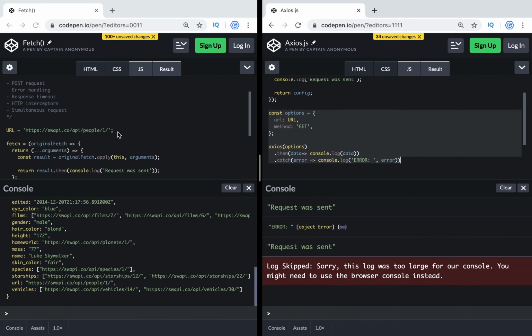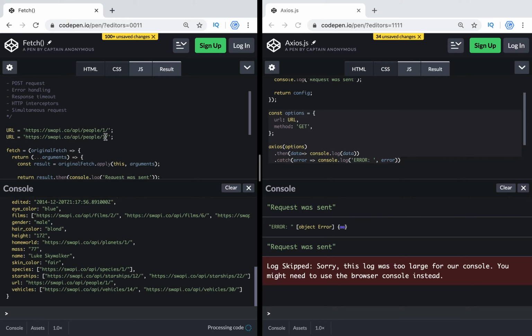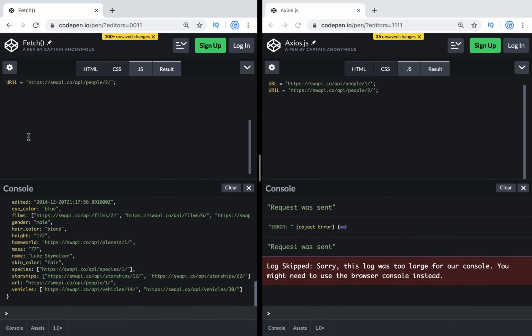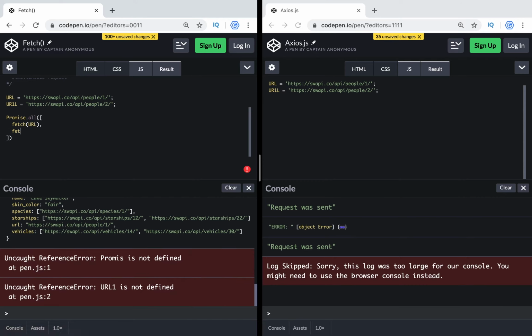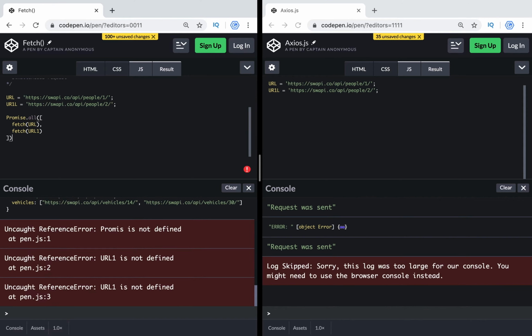And the last one is simultaneous request. So let's imagine that we need to do requests for a couple endpoints in one time. For example, we need to get user 1 and user 2. So to do it using fetch, we can use promise all and execute this request in promise all. In pass array and fetch URL and fetch URL1. After that we will get then its promise resolver, we will get array,